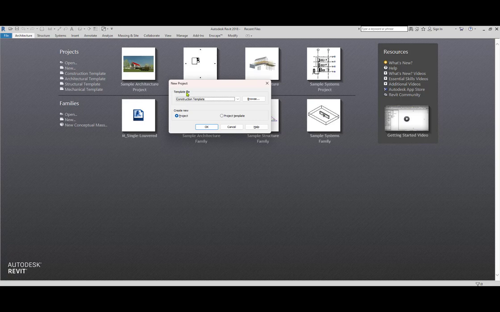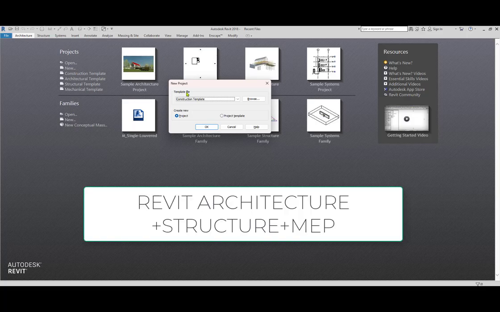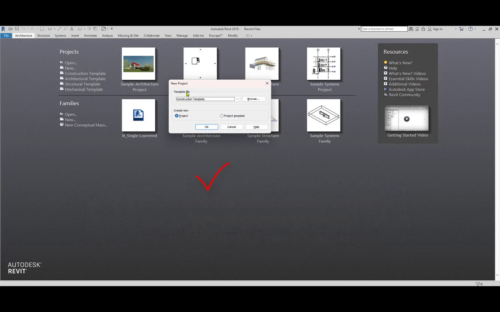Revit is a single software, but we can do 3 modes of projects: architecture mode, structure mode and MEP mode. But first you have to learn the architectural mode. Those are the basic things we should know in order to operate Revit. With architecture you can create the architectural models from the ground level to any other levels, and you can decorate your model. The structural template is where you can do your structural frame like columns, beams and then slab model. With the mechanical template we can create the MEP connections to the model.